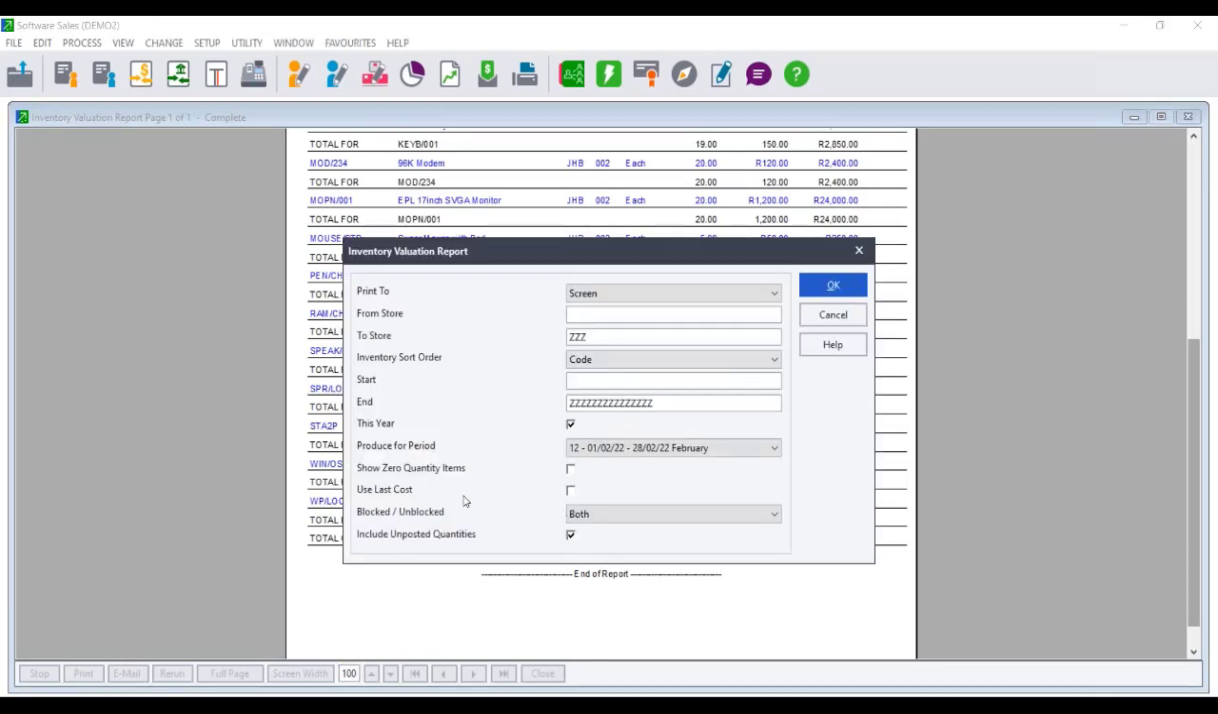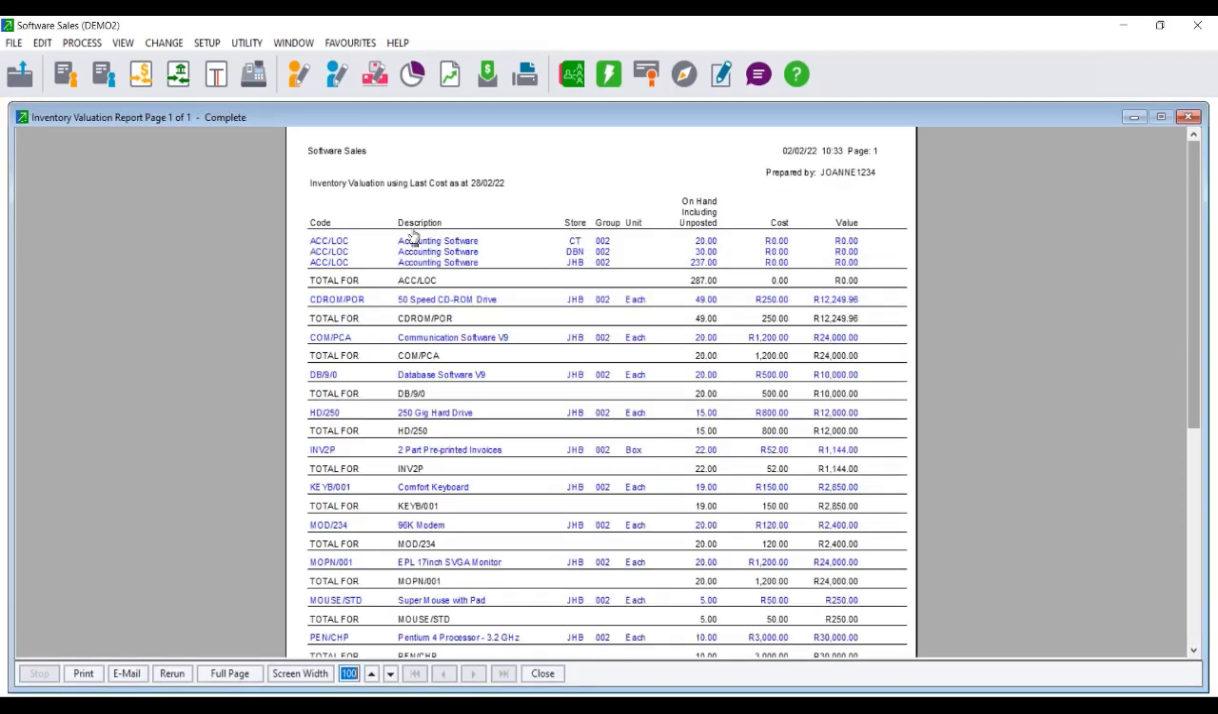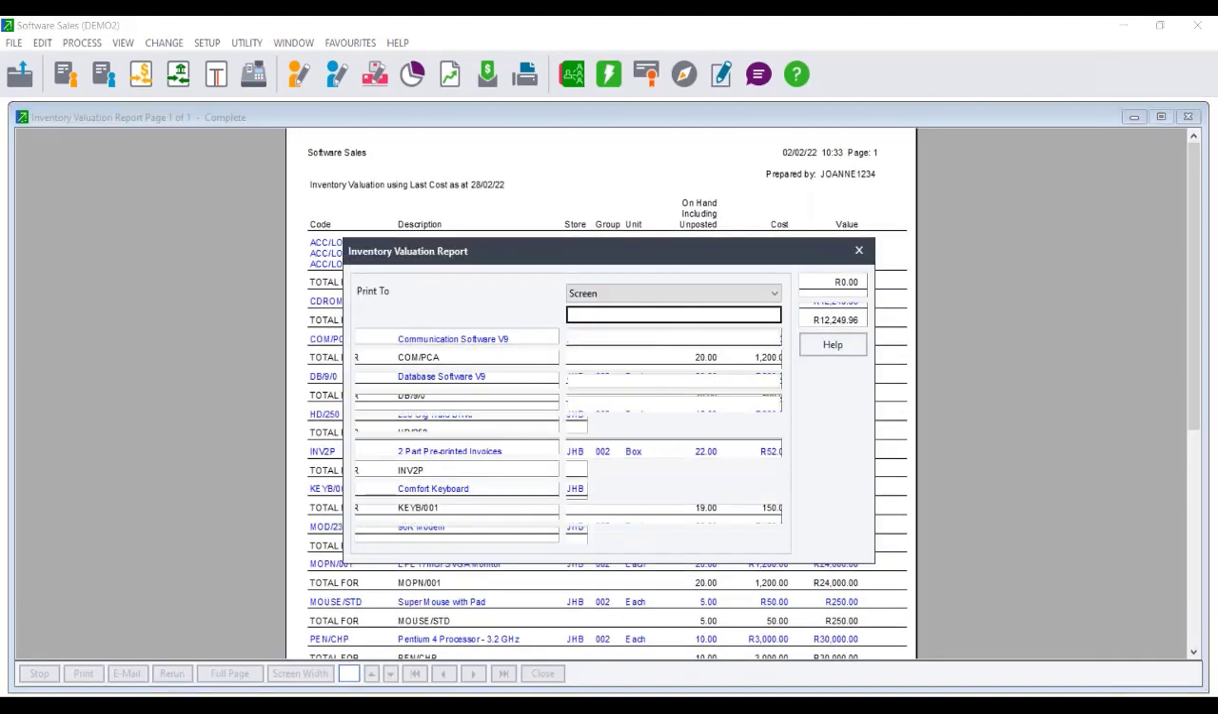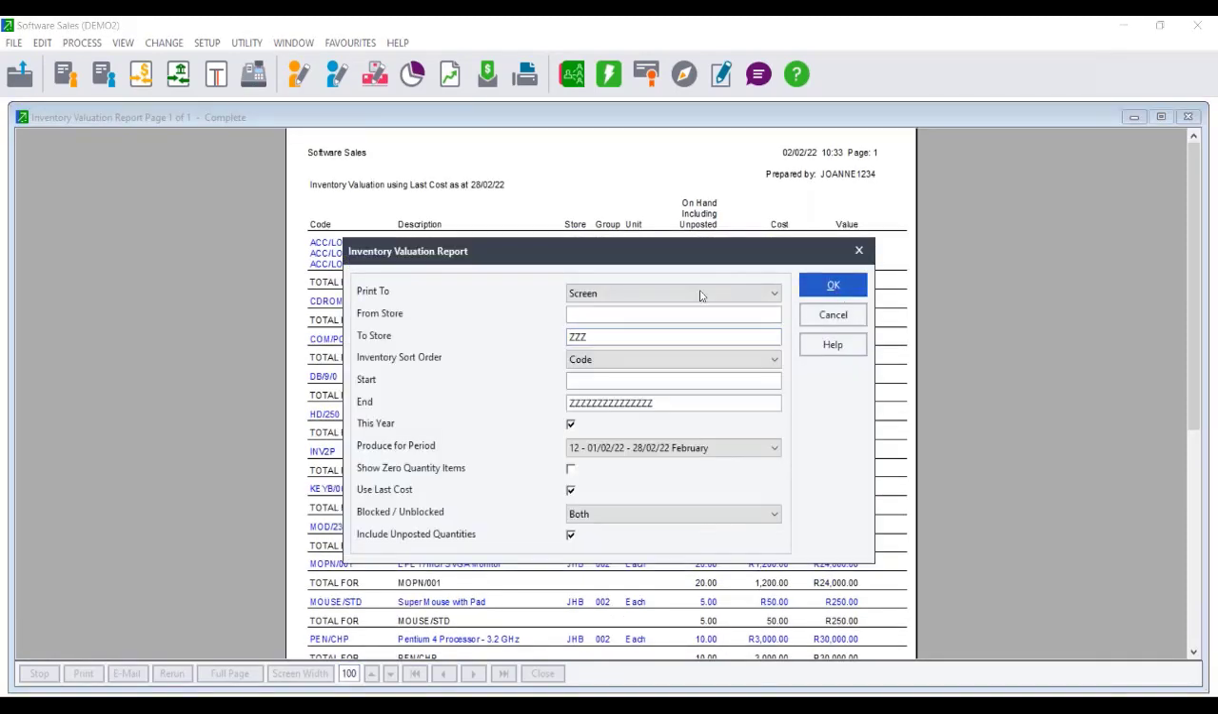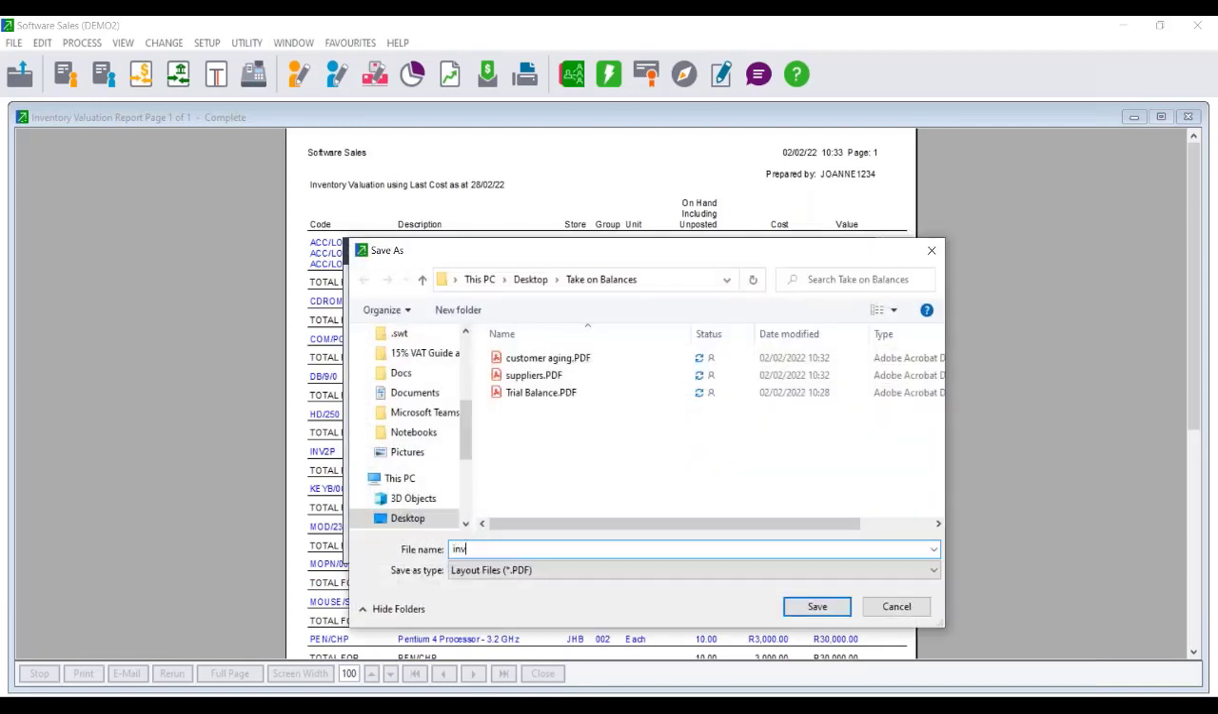Guys, you can choose average or use last cost. That is up to you. But again, you also need to remember, if you are doing this, that there might be some variances. So just bear that in mind, please. But it is up to you which option you use, or if you're using another accounting package, what options you have. So please make sure that your filters are correct. Then we can say, okay,